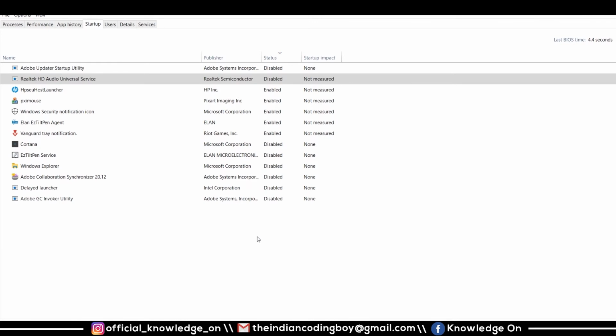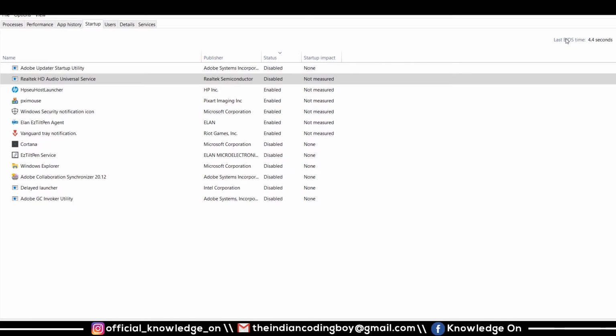This is so because when Windows boots up, these programs boot along with Windows. There are many startup programs and services of the operating system which cannot be altered, but you can disable your installed software from startup. So this is what we can do. This will literally improve the boot speed.